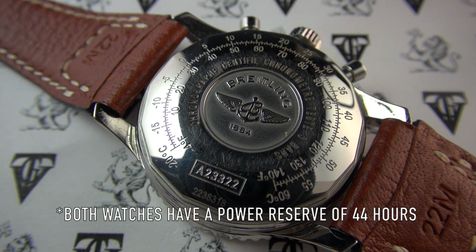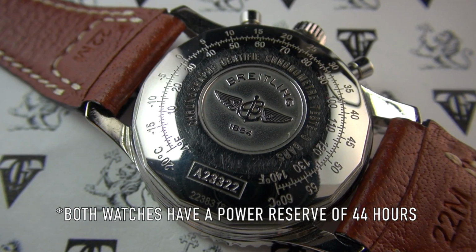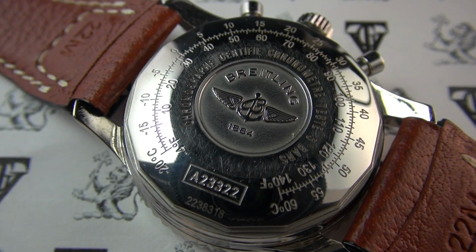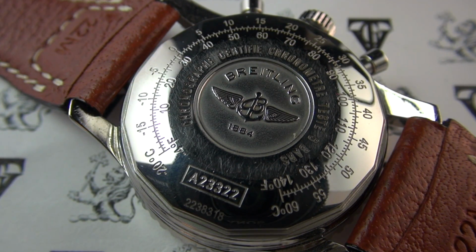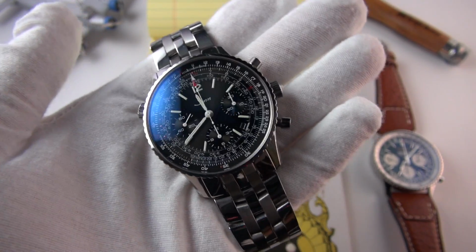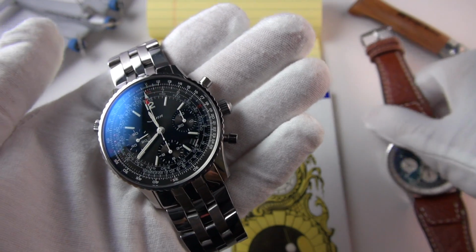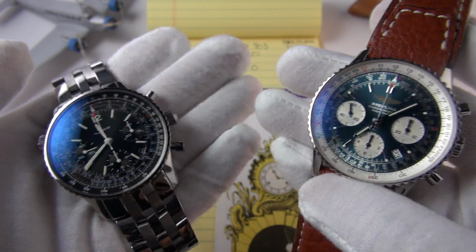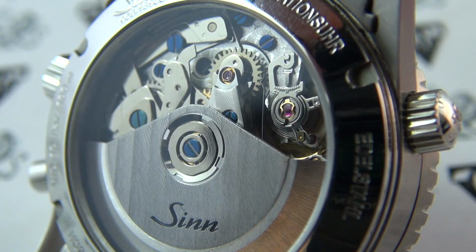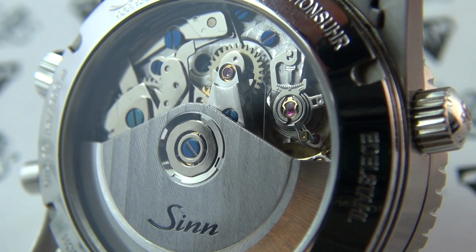One of the big advantages and benefits of the 7750 from Valjoux, although it's as common as muck, literally any competent watchmaker can service and repair them. Oh, and I neglect to mention Lemania as well. The Sinn started off with the Lemania, then it progressed to the Valjoux 7750, which is what you have in the Navitimer here. This particular one, this most contemporary Sinn, we have the Sellita SW500, which is pretty much a